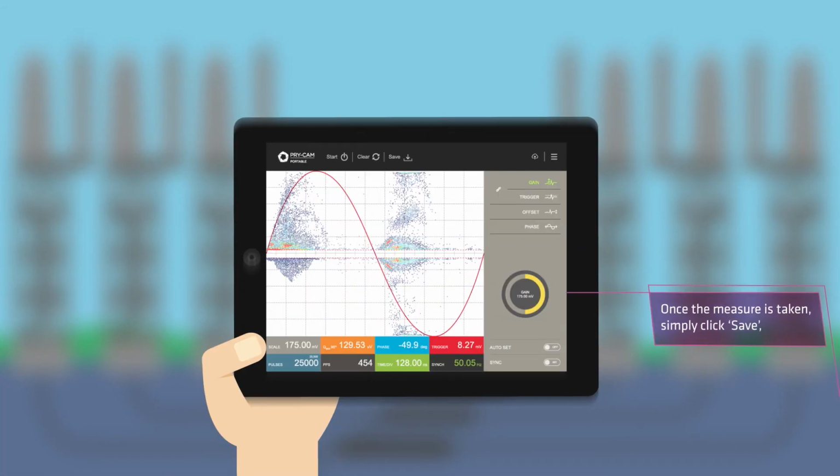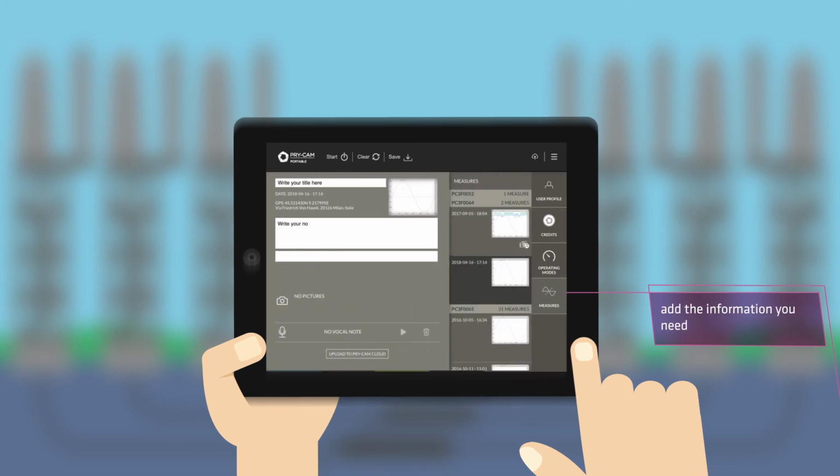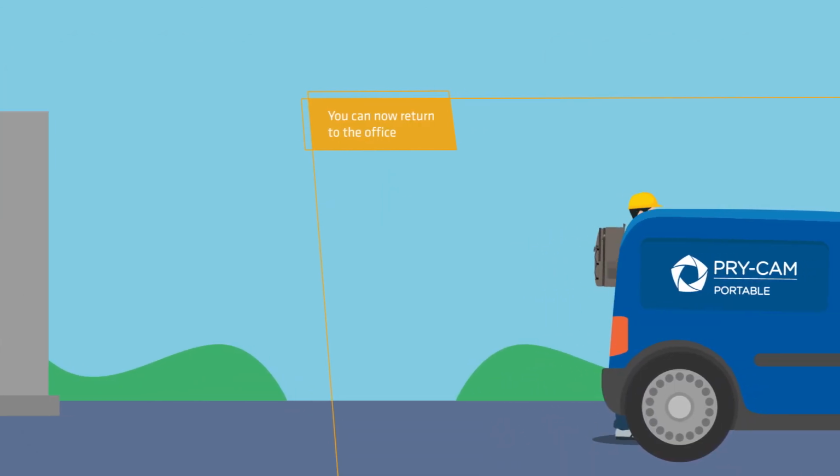Once the measure is taken, simply click Save. Add the information you need and click Upload. You can now return to the office,